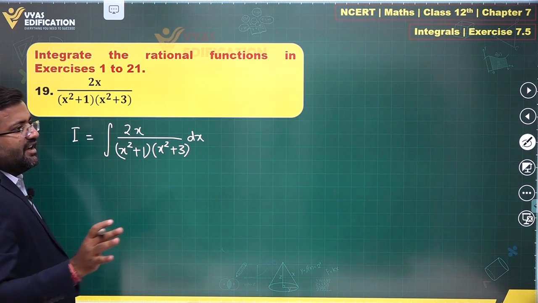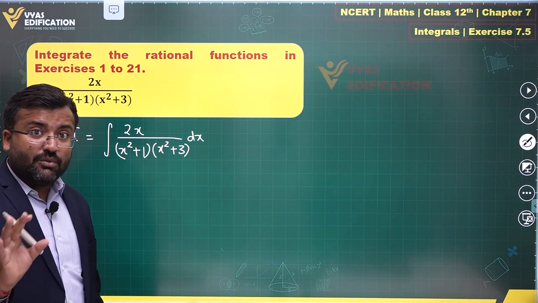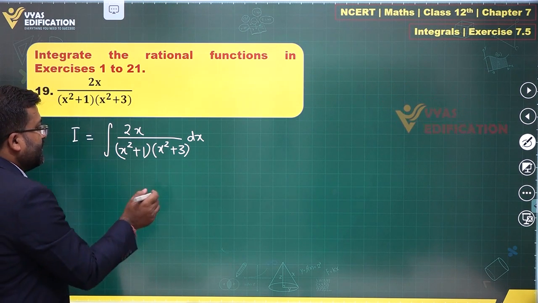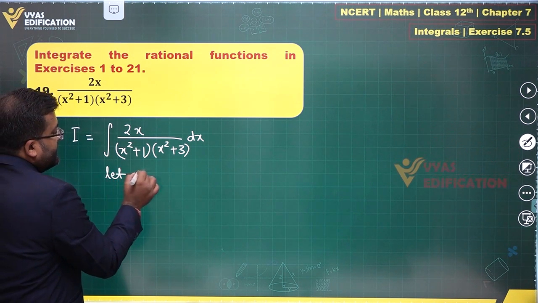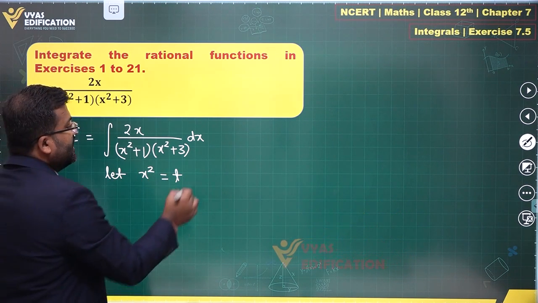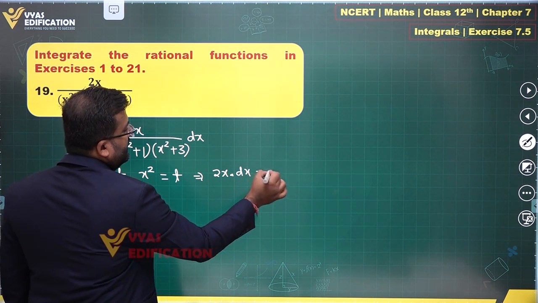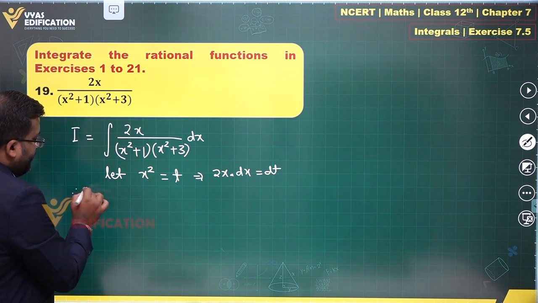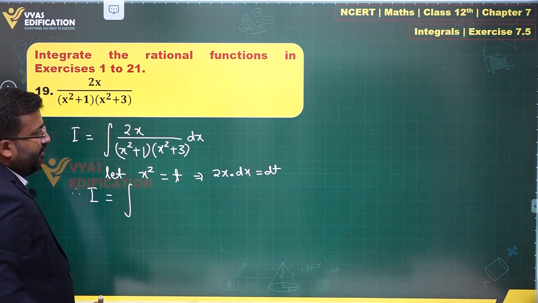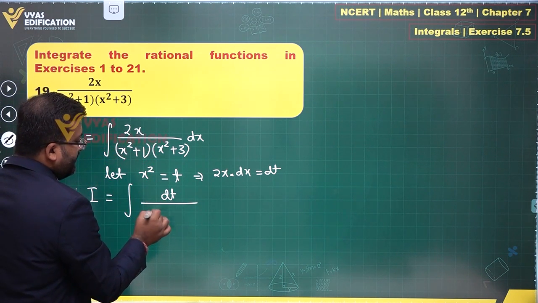So instead of directly converting into partial fractions, although this could be converted into partial fractions, that will be long. So what you can do is use substitution. x square is equal to t. Now this is a substitution, right? That makes it 2x dx is equal to dt. Therefore I will be equal to the integral of 2x dx, which is dt, upon x square plus 1,